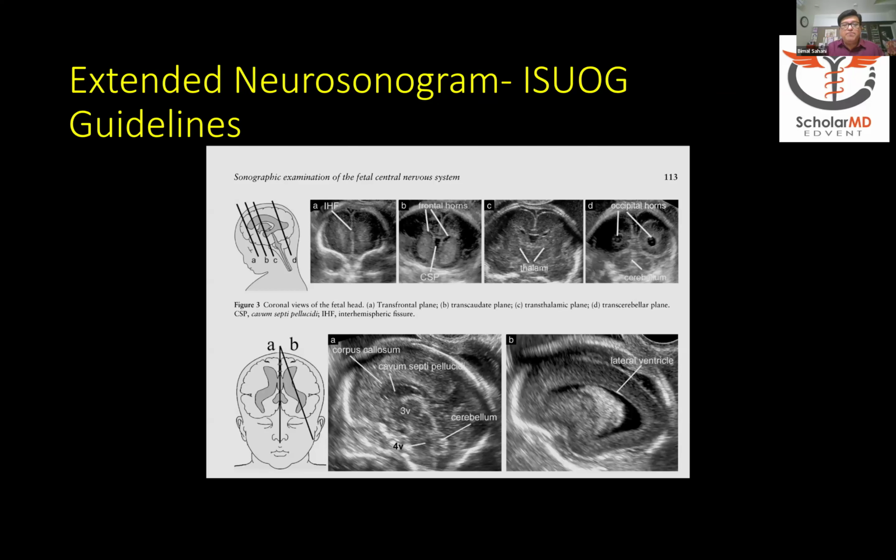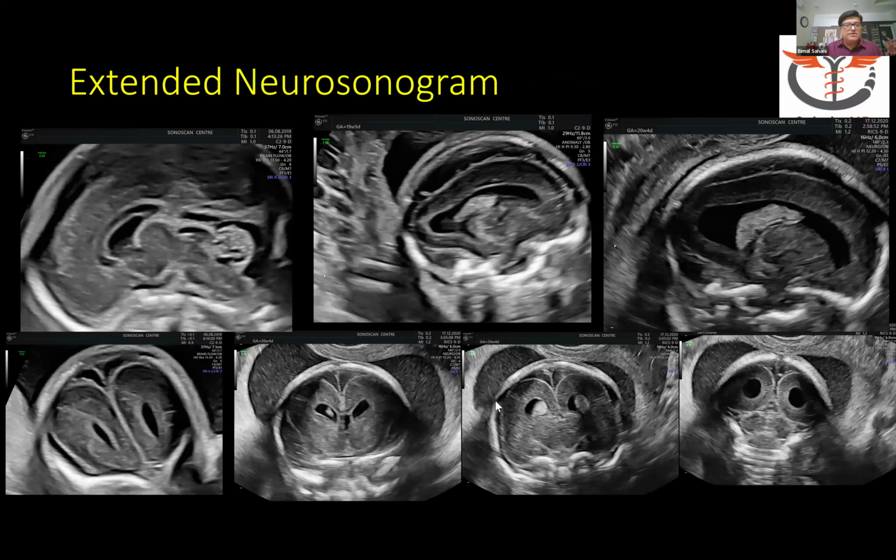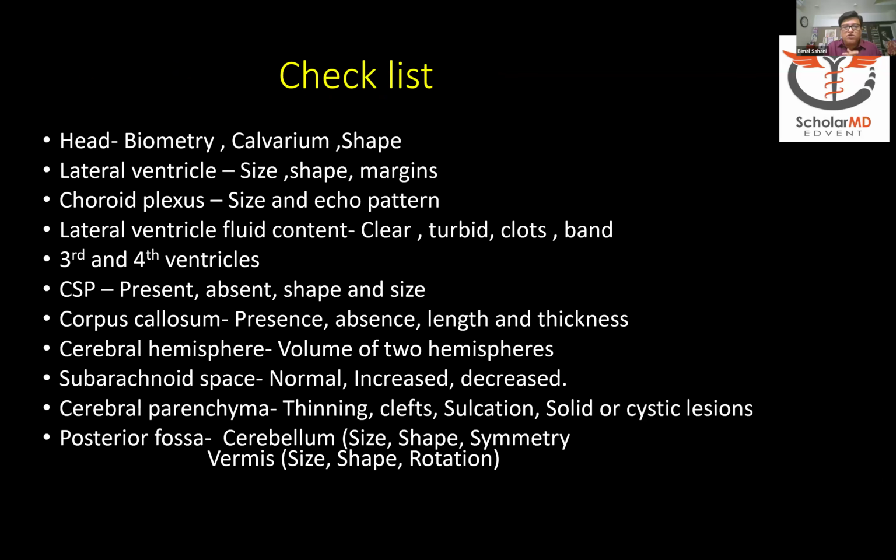So a very important indication for an extended neurosonogram is a ventriculomegaly seen on your basic screening. And then you have the protocols for that, and you have to take the mid-sag view, the 2 para-sag views, and the 4 coronal views: the transfrontal, the transcaudate, the transthalamic, and the transcerebellar. So you need to do this complete workup, and you need to have a checklist of what all you will